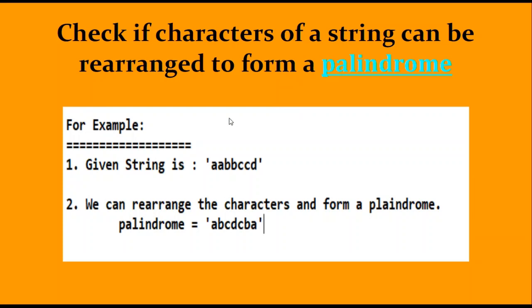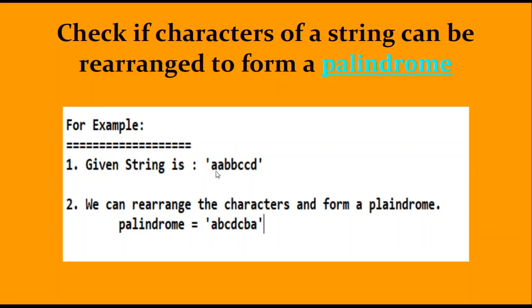To explain it a little more, I have taken an example here. Let us consider the string AABBBCCD. Our string has two A's, three B's, two C's and one D. This is directly not a palindrome, because if you reverse it, another string would be formed. A palindrome is one in which, if you reverse the given string, the string should be the same, and only then it is called a palindrome.